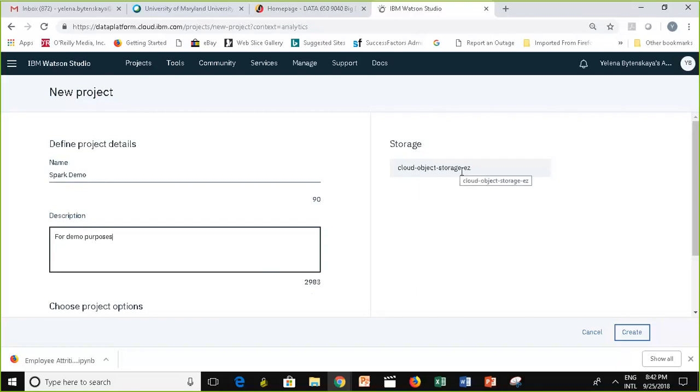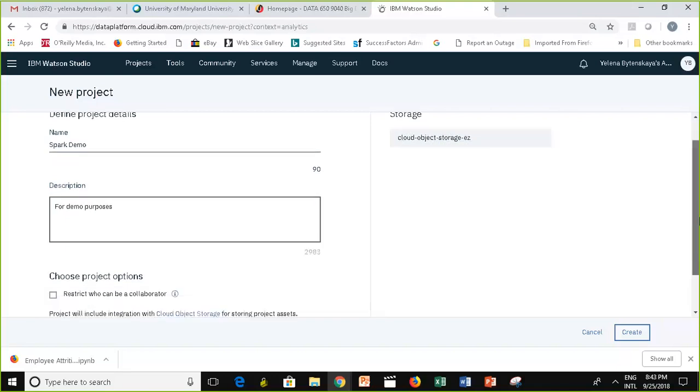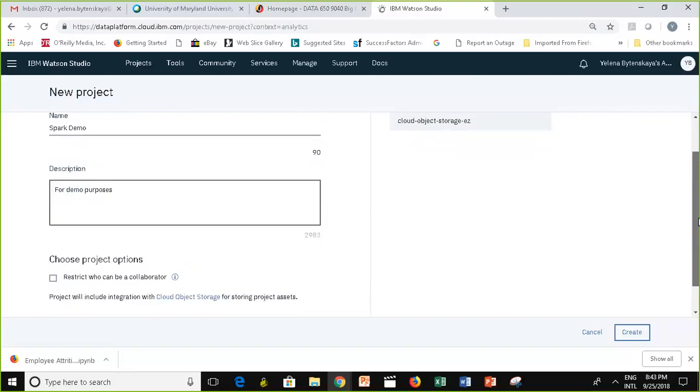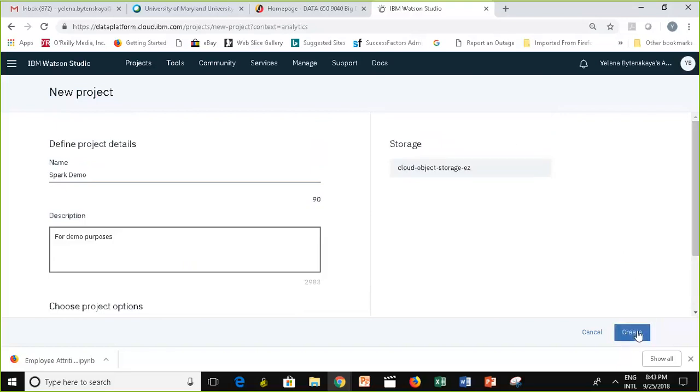Here, see this is an object storage. So if you already created another project, then you already have an object storage, right? If this is your first project, you will create an object storage on the fly. So that's what you'll see in the walkthrough: the steps on how to create an object storage on the fly, if this is your first project. If this is not, then you're going to see this pre-populated. Okay? Now, you're going to leave the rest of it as is, and I'm going to click on create, right?